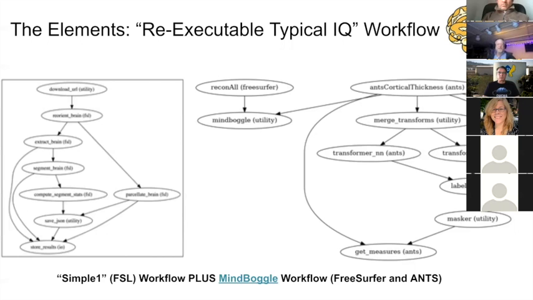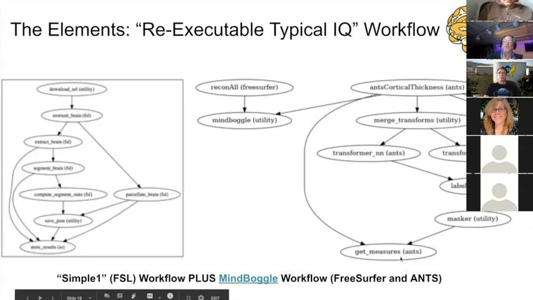Somehow the workflows are assembled, in this case into Nipype workflows. We had done a paper a while ago with the title Simple One, which is really just an FSL workflow that takes imaging data and generates the subcortical segmentations. So for this task, we need the FSL workflow. We also need a Mindboggle workflow, and Mindboggle, from Arno Klein and his colleagues, is already pre-combined FreeSurfer and ANTs into a nice joint effort, and expresses the volumetric measures in terms of the